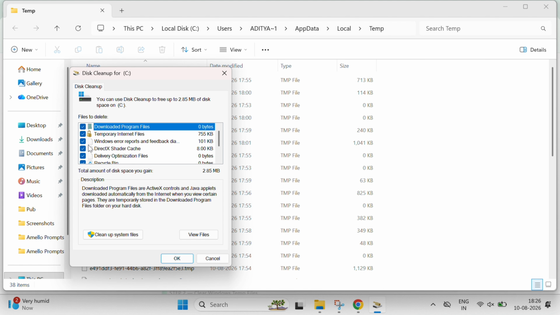And that's it. We just cleared temporary files and unnecessary junk using 4 simple Windows 11 commands: prefetch, temp, %temp%,